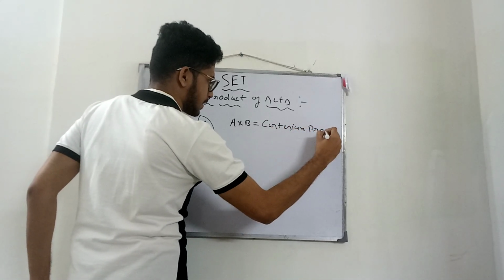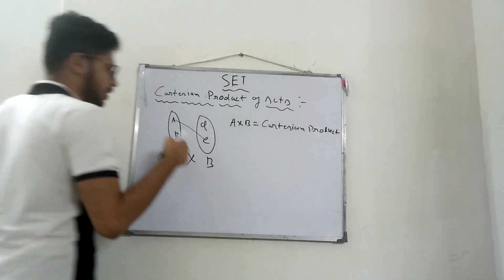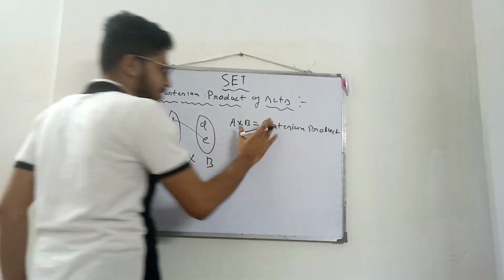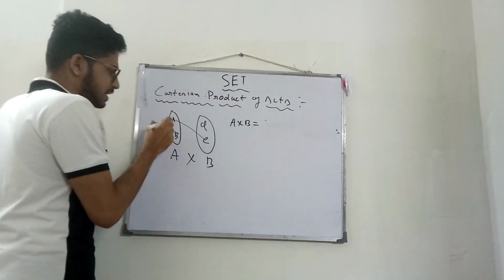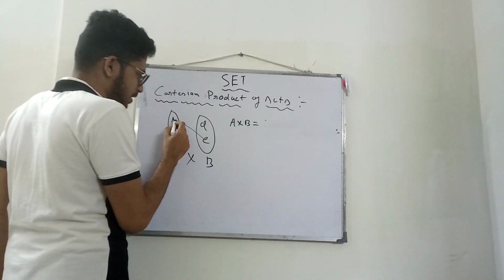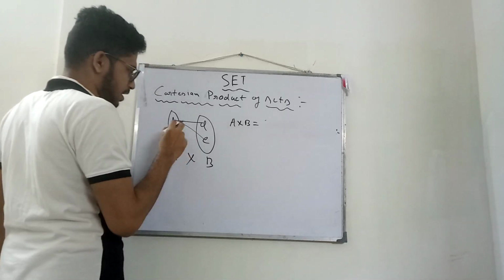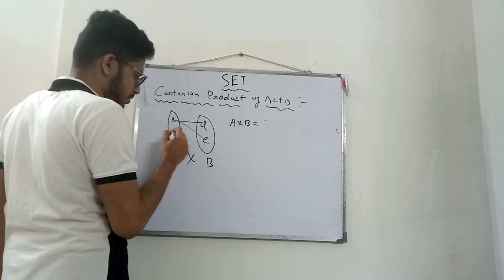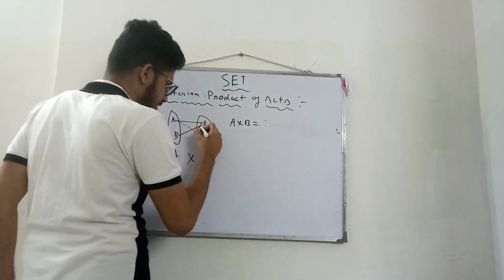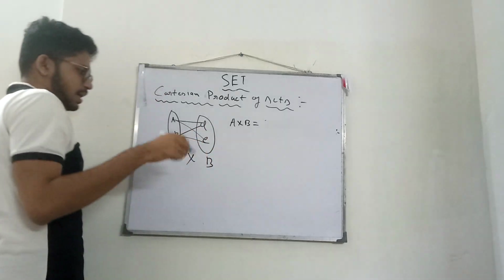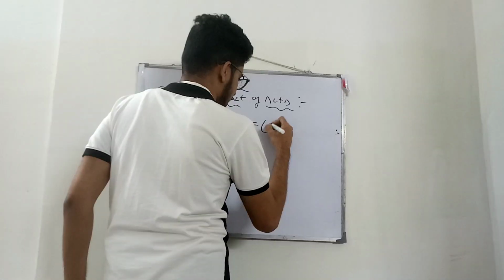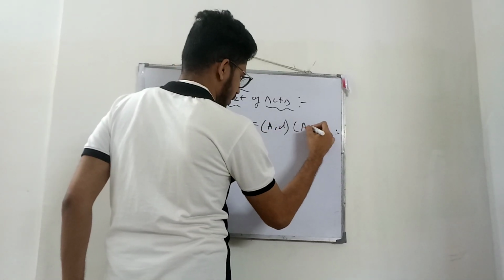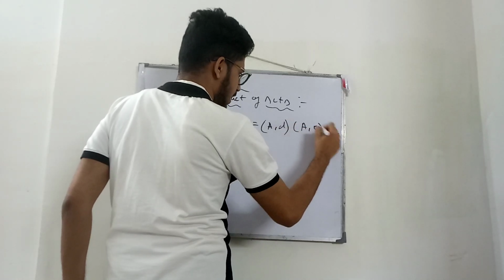Now, if we want to find the product, we have to follow this path. We have to multiply A with E, then we have to multiply A with D. I hope you guys understood. Now B's turn. We will multiply B with D, then B with E, and here the products are AD, AE, then